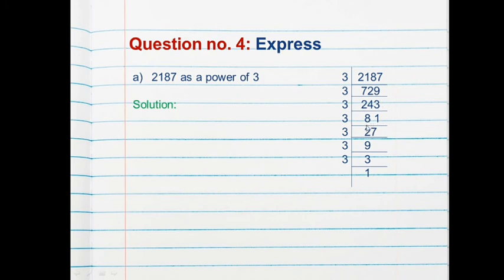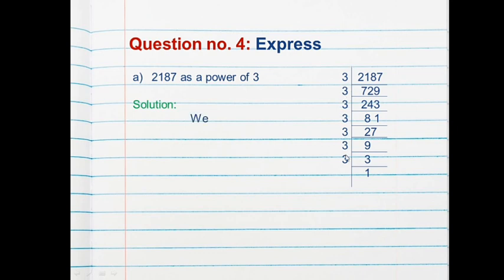Then 3 into 2 is 6, so what is left here? 2, means 21, and 3 into 7 is 21, that's why we have written here 27. Then 27 is given here, which is divisible by 3, or we can say it comes in the table of 3, so 3 into 9 is 27, then 3 into 3 is 9, then 3 into 1 is 3. And here we got the factors as 3. And how many times did we get factor 3? 1, 2, 3, 4, 5, 6, 7.